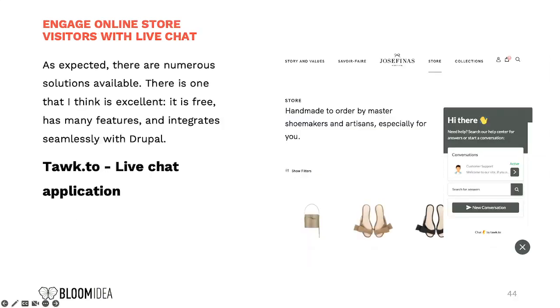This one is very easy to do. You see a chat everywhere. I think the thing is to choose the right one. I think this one is, in my opinion, the best one. It's free. Of course, it has a paid offering, but the free offering is just perfect. You just install the module, and it adds a live chat. You can even use it on your app, okay? Very easy to set up, this one.